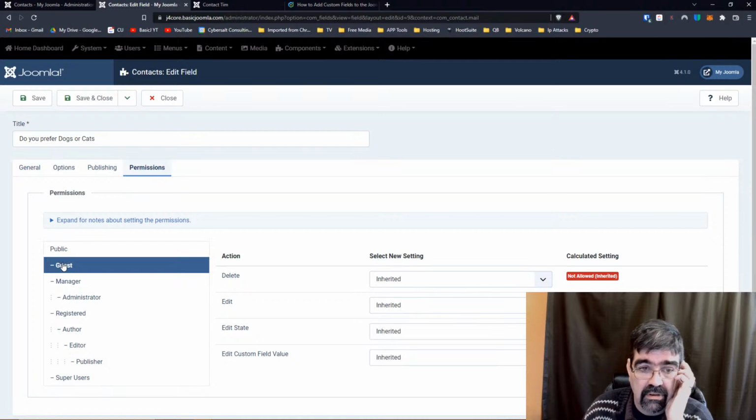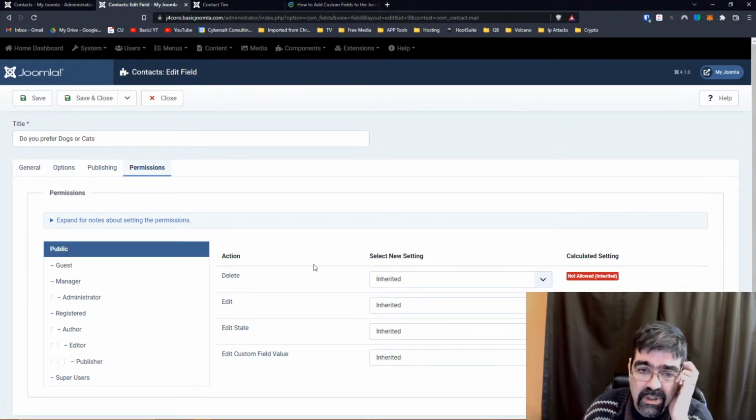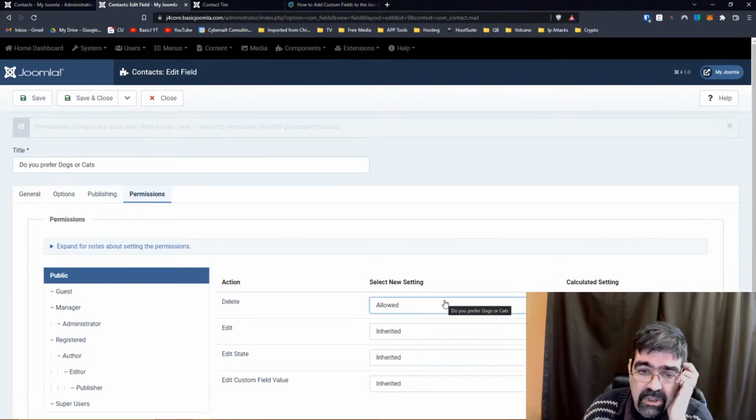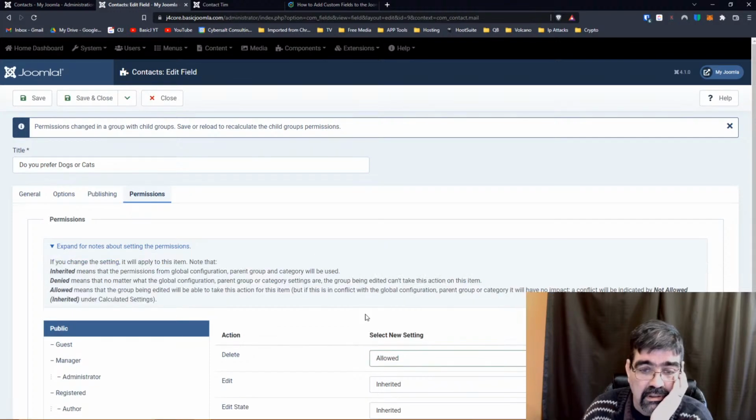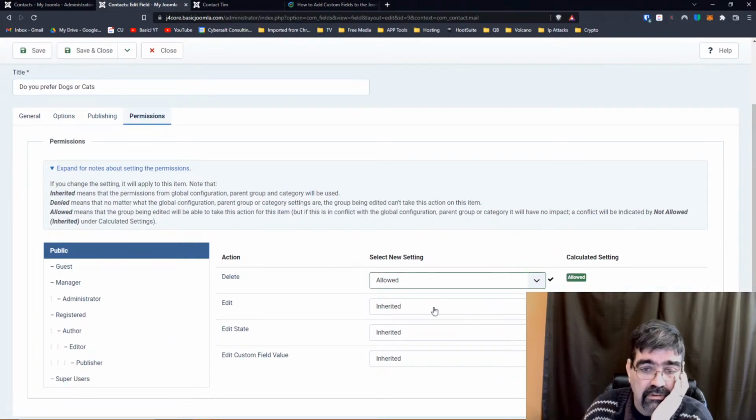I don't think it's these permissions. For guest, public, we allow? No, we don't want to allow. I don't think it's that. Let's just go through and allow this. I don't think it's going to be this, but